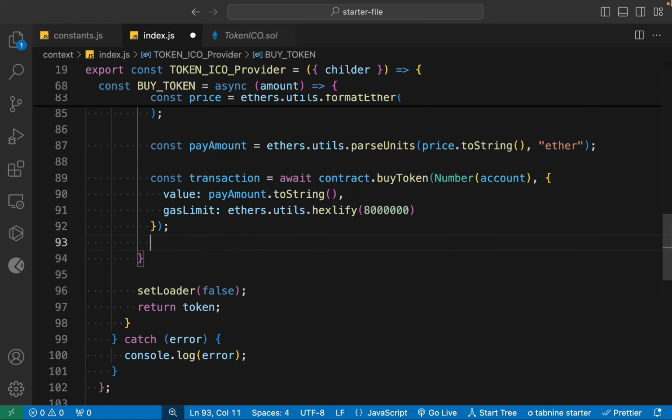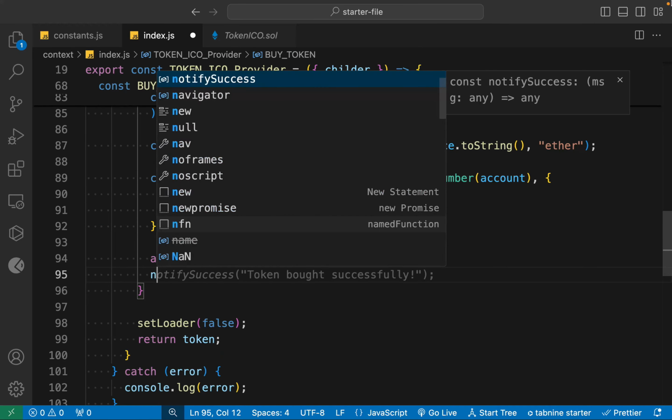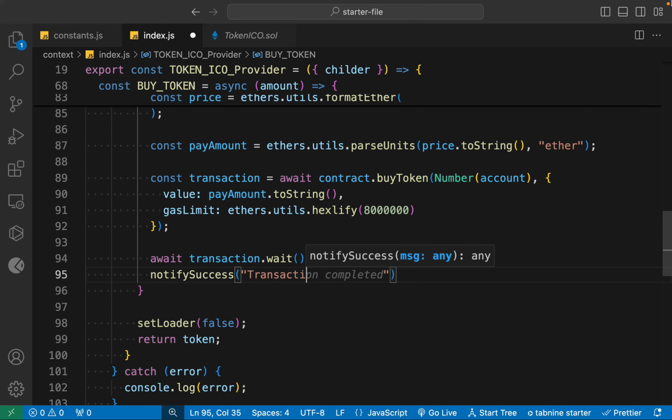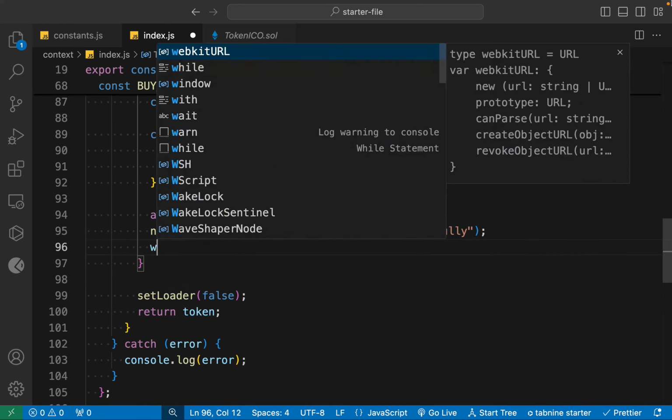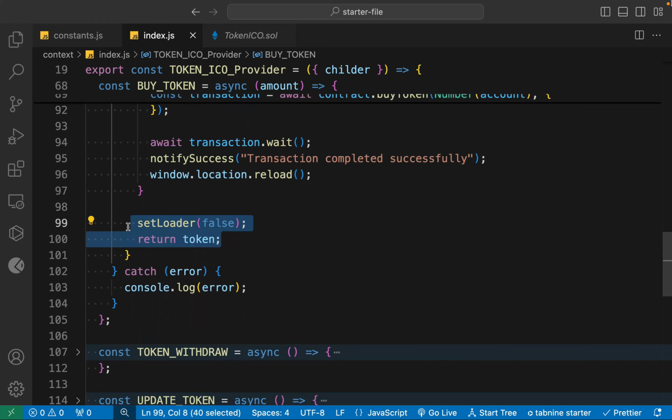Perfect. Now we have to simply wait for the transaction to complete. So I'll use this wait method. Once the transaction is complete, I can simply set this notification, transaction completed successfully. After that I can simply set the window to reload, and I can simply remove this, actually cut this one